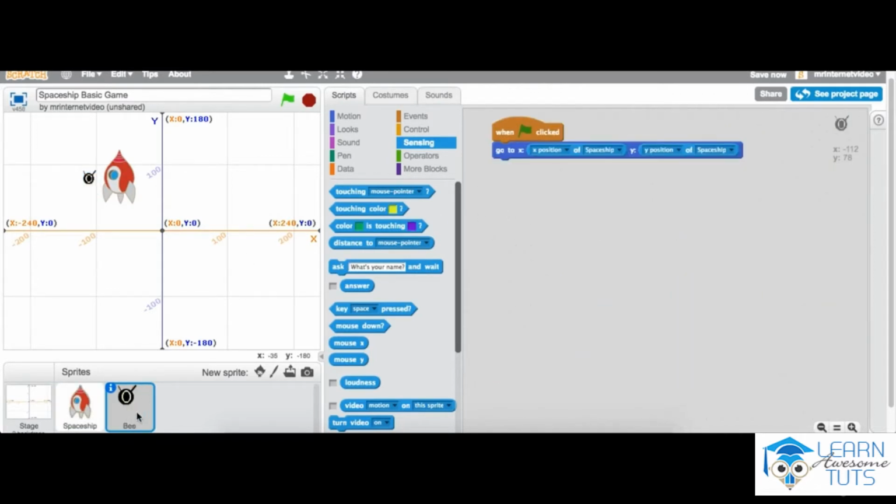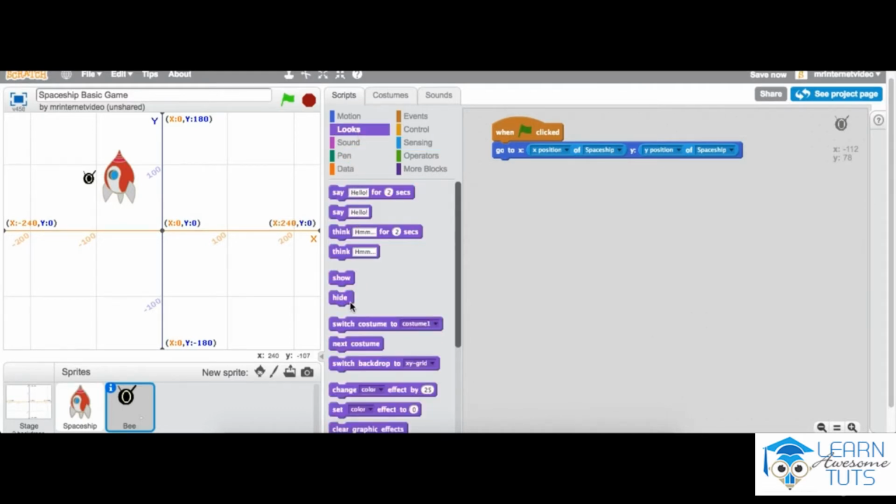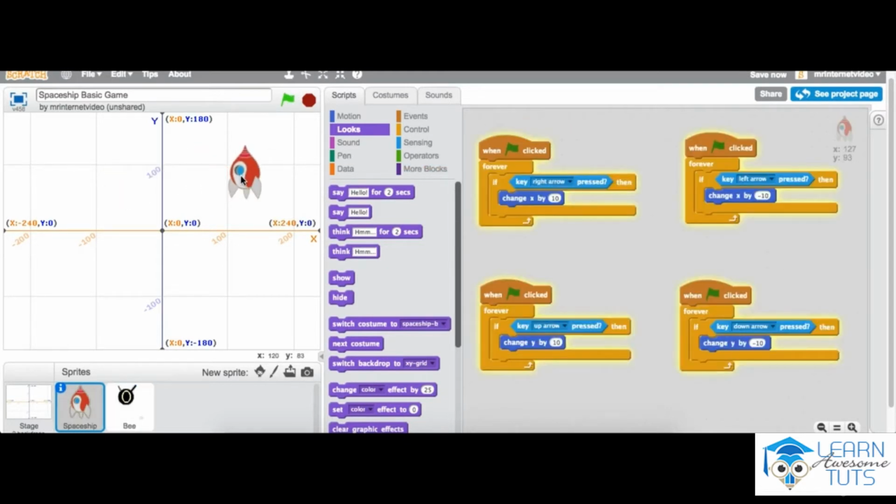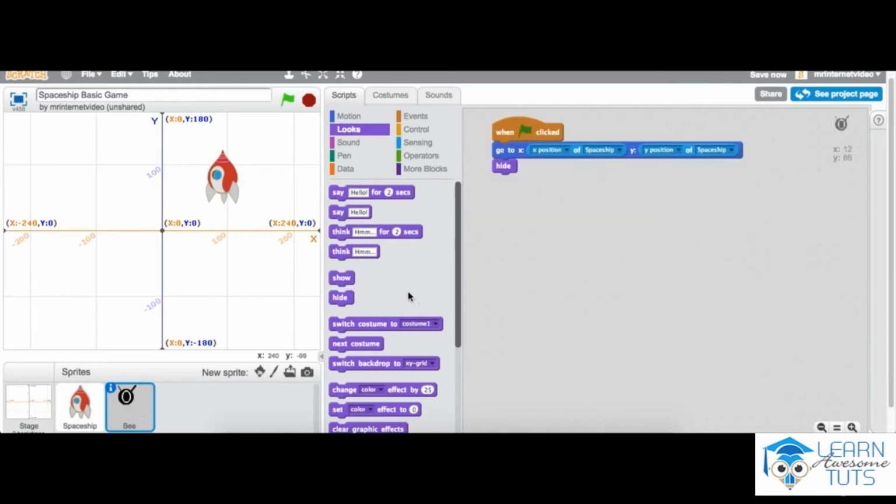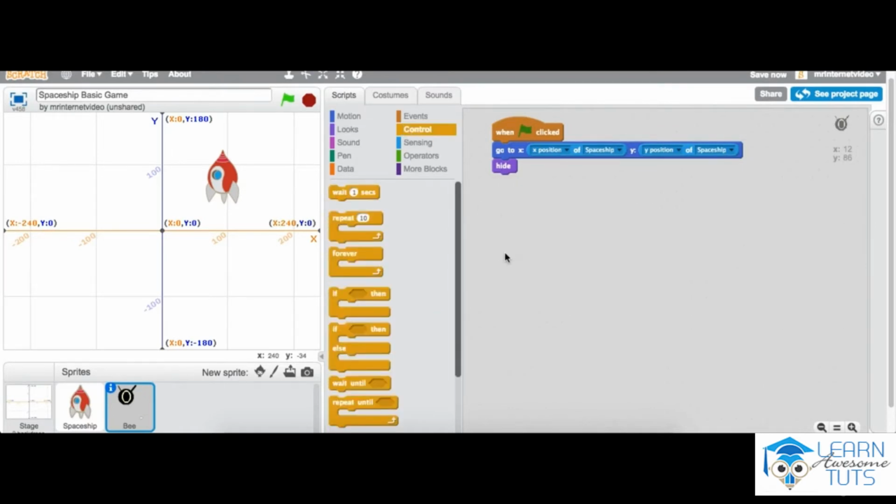We want to make sure the B is clicked, and we're going to click on looks, and we're going to have it hide. So just to make it clear, when we do this, it's always behind, and that's the point. So it's hidden right now, and we're going to add a conditional statement called control,